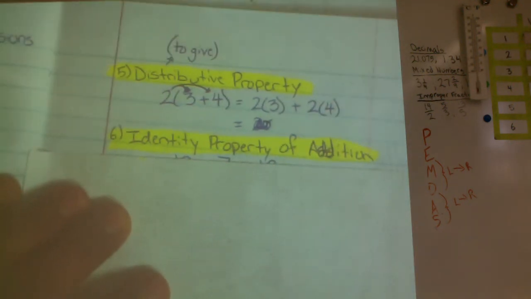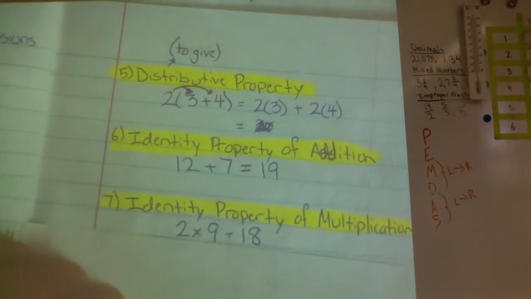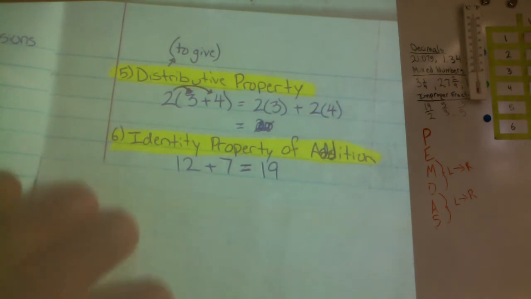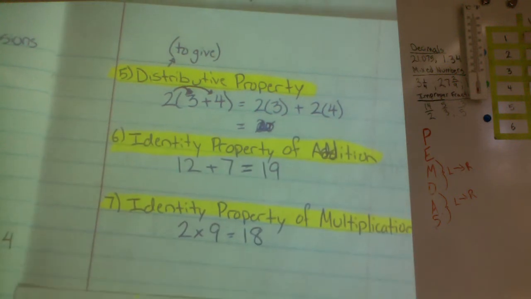Then we have the identity property of addition. We just have two numbers being added on the left, and then one number on the right. And then the identity property of multiplication. It's a similar thing, but we just use multiplication. Today, what I really want to focus on is the distributive property. So,